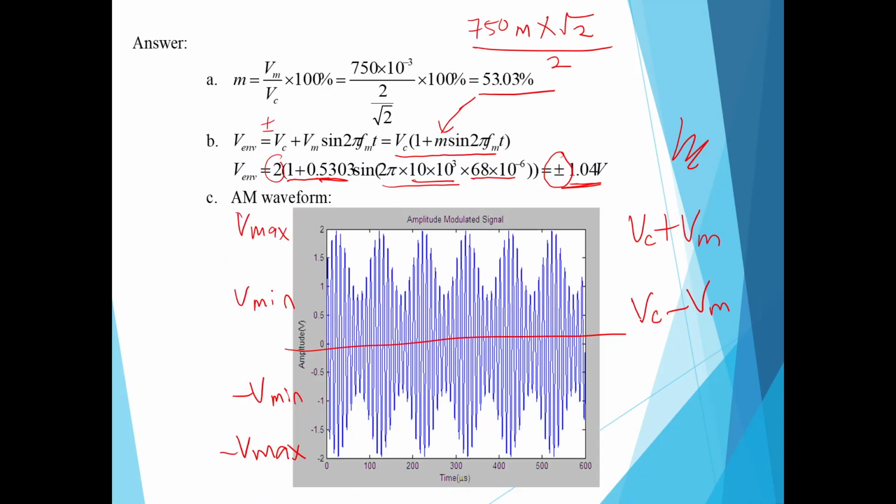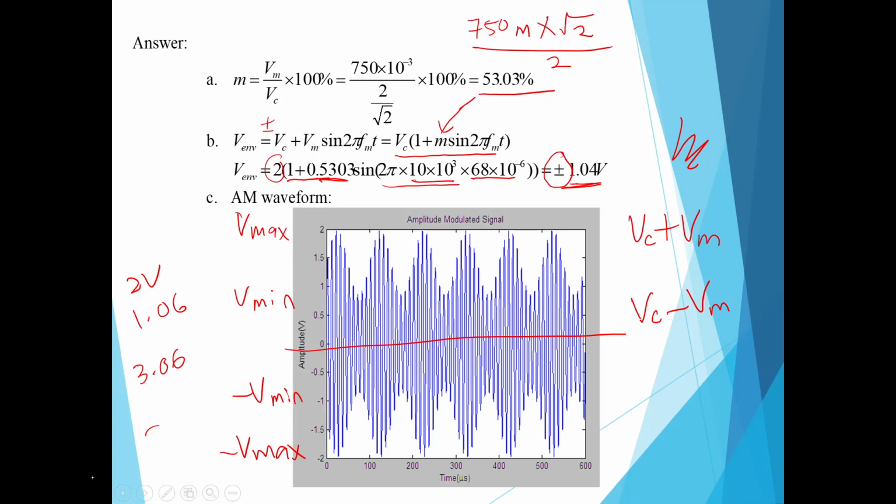Okay, so Vc is equal to 2 volt. Vm is equal to 750 milli multiplied with square root of 2. We need to find the peak amplitude. So Vm is equal to 1.06. Okay, 1.06. So therefore Vmax is equal to 3.06. Okay, for the Vmax. And for the Vmin is 2 minus